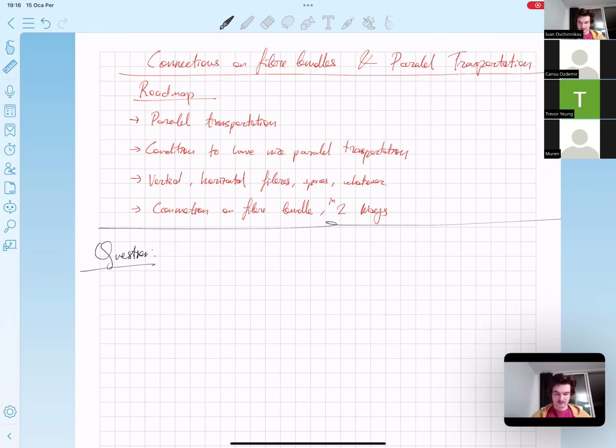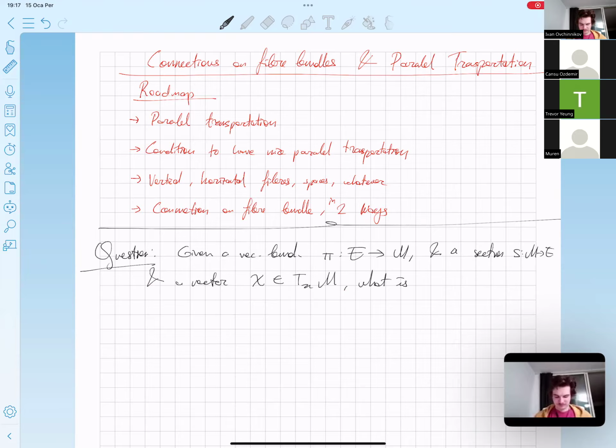Question is, if you have a vector bundle, this, and the section, this, and the vector X in the tangent space of a point x in M,